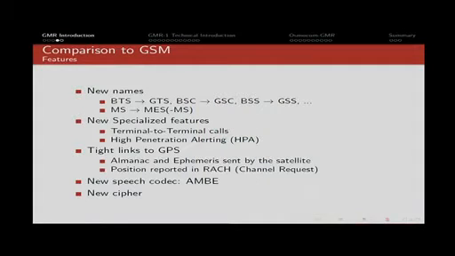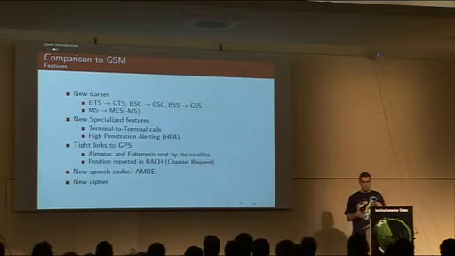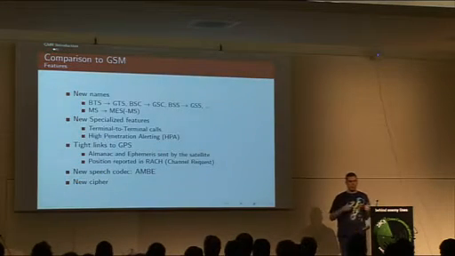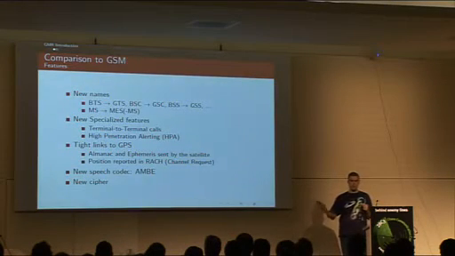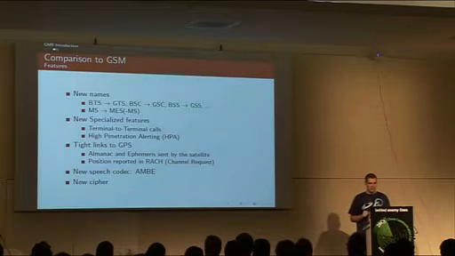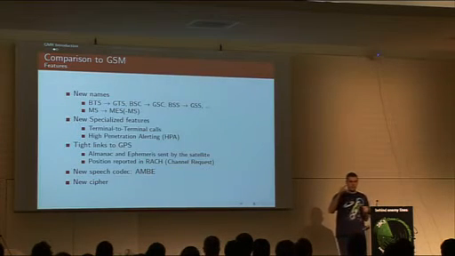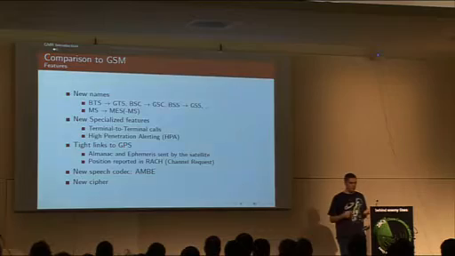And the MS, which used to be the mobile station, so your phone, is now called MES, which is Mobile Earth Station. They introduced some useful specialized features. One of them is terminal-to-terminal calls. So if from a Thuraya phone you call another Thuraya phone, to avoid going all the way from the phone to the satellite, to the core network, back to the satellite, back to the other phone, they introduced a shortcut where a phone can talk to the satellite and directly be bounced onto another phone